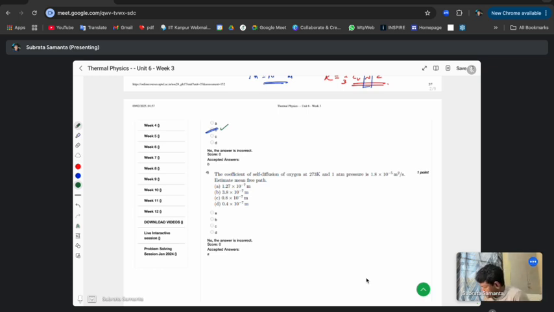So the next question, the coefficient of self diffusion